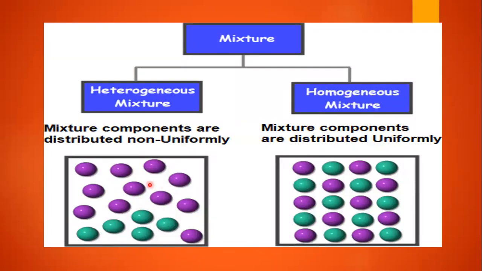A stoichiometric equivalence ratio of 1 means the stoichiometric and actual air-fuel ratios are the same, 1 is to 15 by 1 is to 15. That's why we have an equivalence ratio of 1, so that we can have complete combustion if it is heterogeneous. If it is homogeneous, 1 is to 15 by 1 is to 15 is not appropriate. Why? Because high pressure and temperatures are not reached due to the low compression ratio, only 6 to 10. So we need to take a rich mixture to have complete combustion. That is about the equivalence ratio.